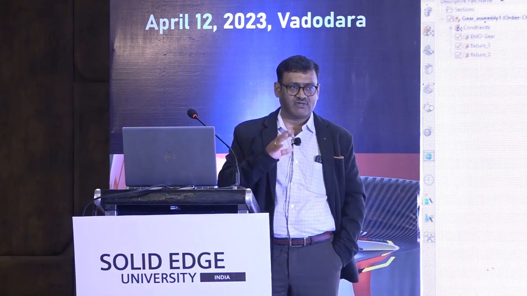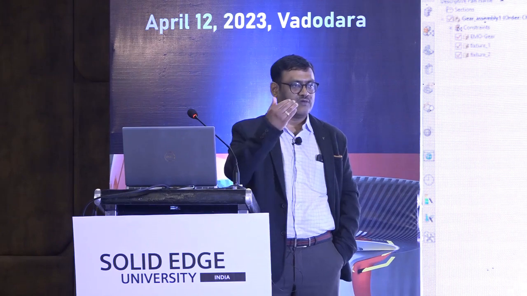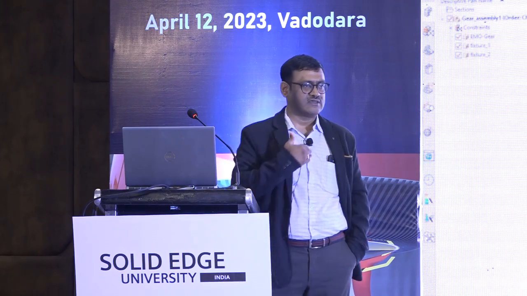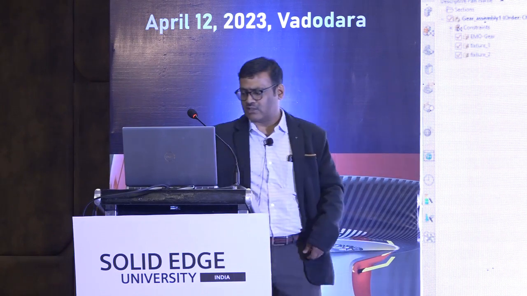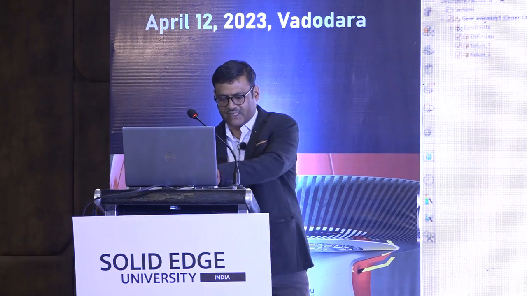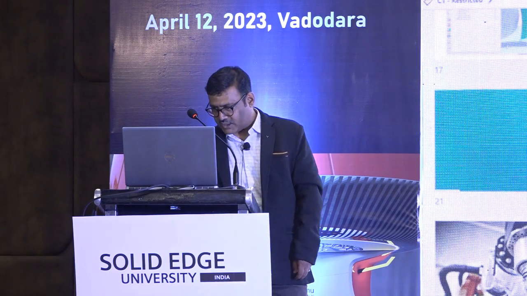It does not mean that we stop only with Siemens. Please remember, when we generate the toolpath, it is generic. After that, we are only making it specific. If you have a Siemens controller, you can give as per the G code. If you have a Fanuc or Heidenhain or any other controller, we can give as per their ISO standard or G code standard. So this is how we try to put the framework in the context of a part or assembly. The whole idea of what we are trying to show here is